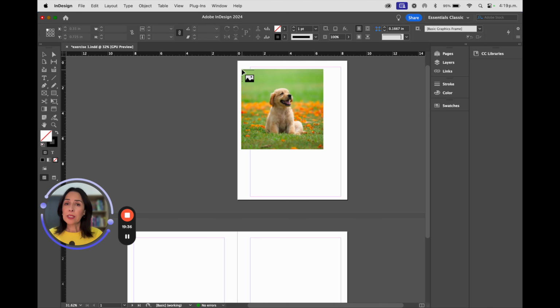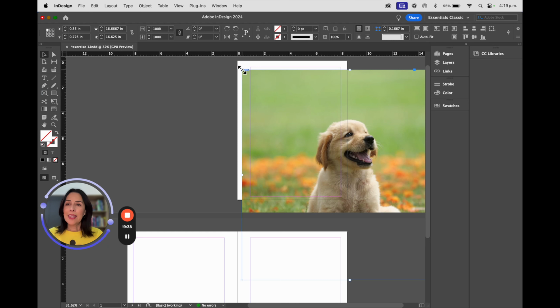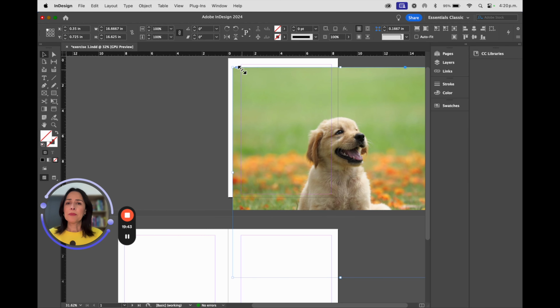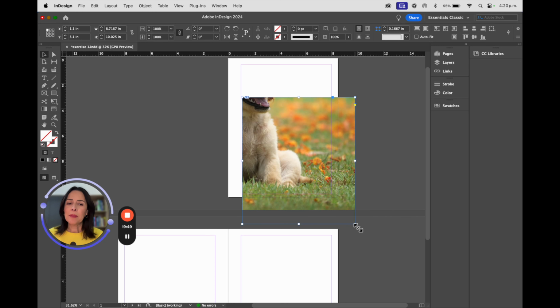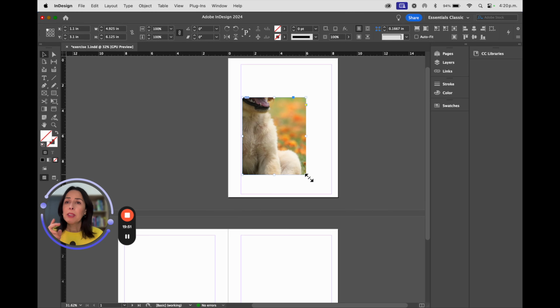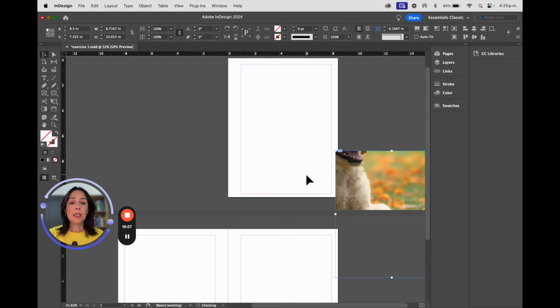Now, if you just click and release, the image is going to become bigger. Remember that it was in pixels, right? Now, if you want to make it smaller, this is going to happen. It makes a frame, okay? Because we're talking about editorial publishing images, okay? So if you want to make this smaller,